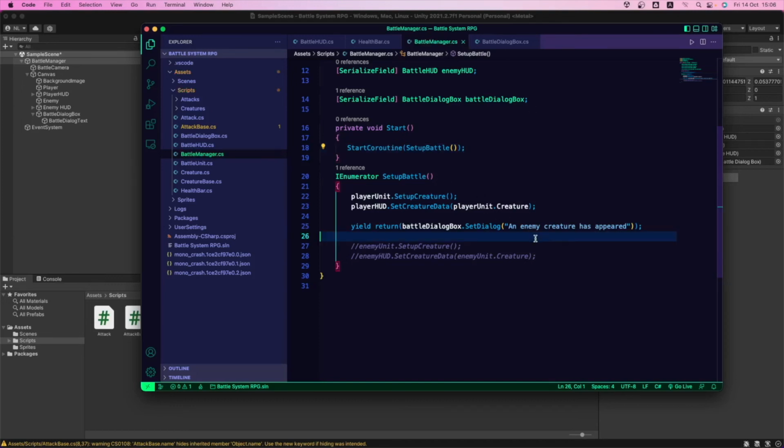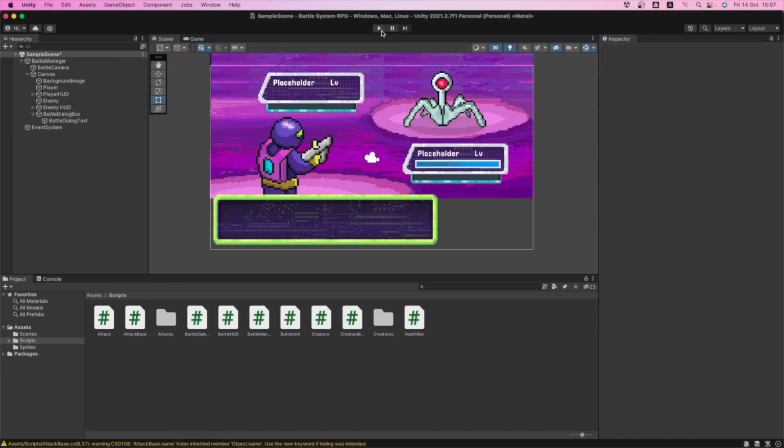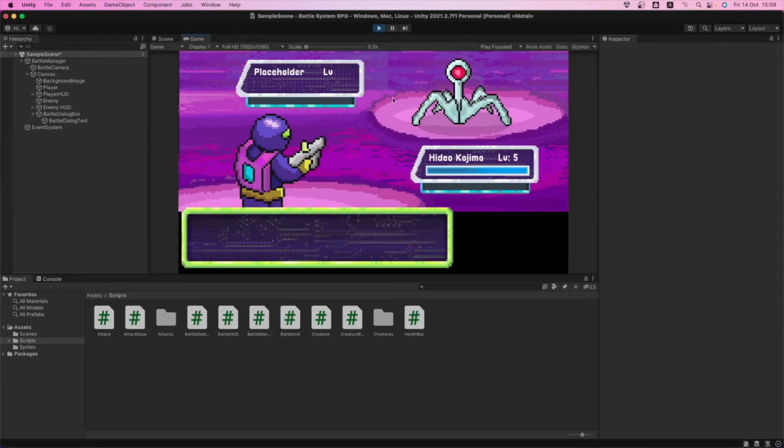We're going to save this, go back into Unity, and we should see the message an enemy creature has appeared when we run the game. So we save this, push the play button, and wait. It loaded, and we can't see anything yet because we haven't edited the appearance of the text, but there it is. So let's stop this.